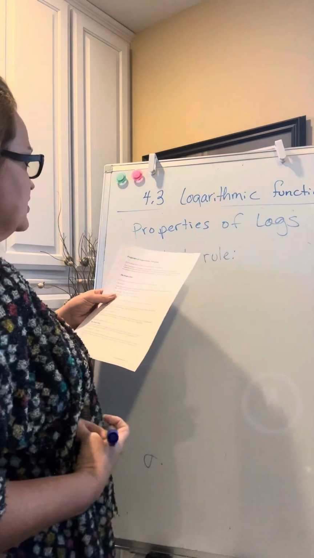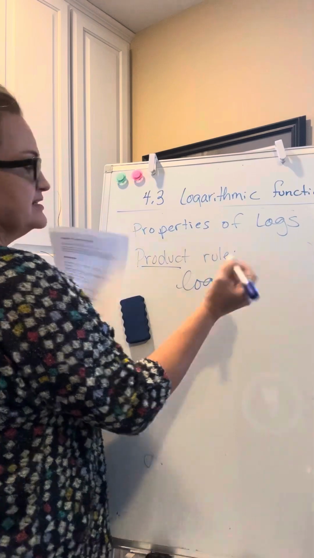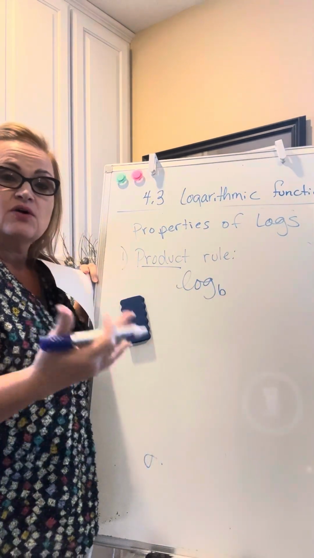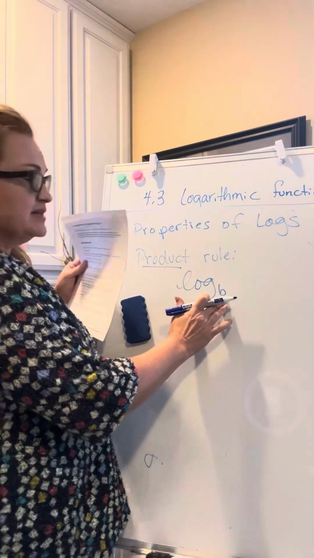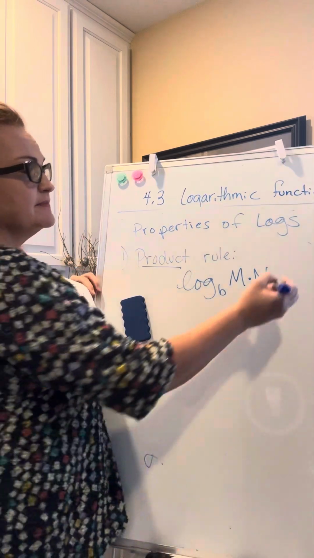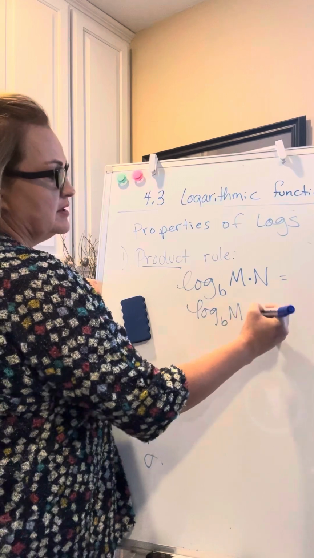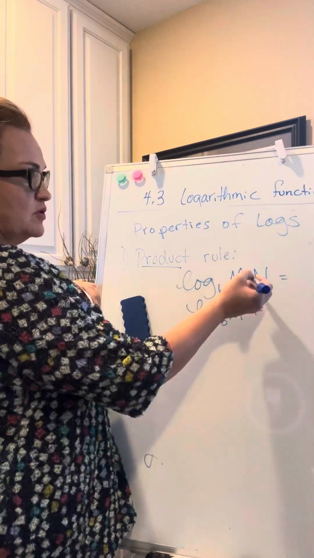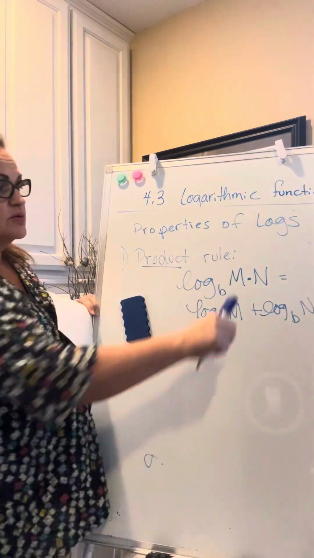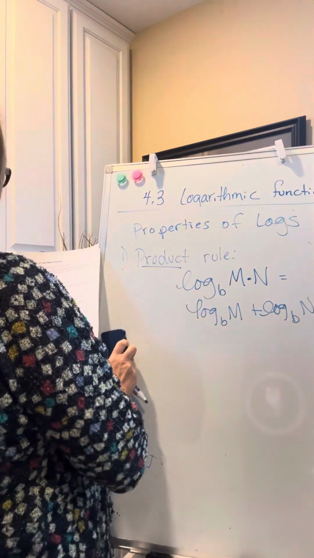And if you see on your notes here, the way it's listed is if you have a log of any base, so it says base b, because it doesn't matter if we're doing log base 10, log base e, or any base log. So any base log of two things that are multiplied together, so we'll say m times n, it equals the log of m plus, because it's multiply, plus the log of n. So you add. When you multiply, we add. The product rule. For example,